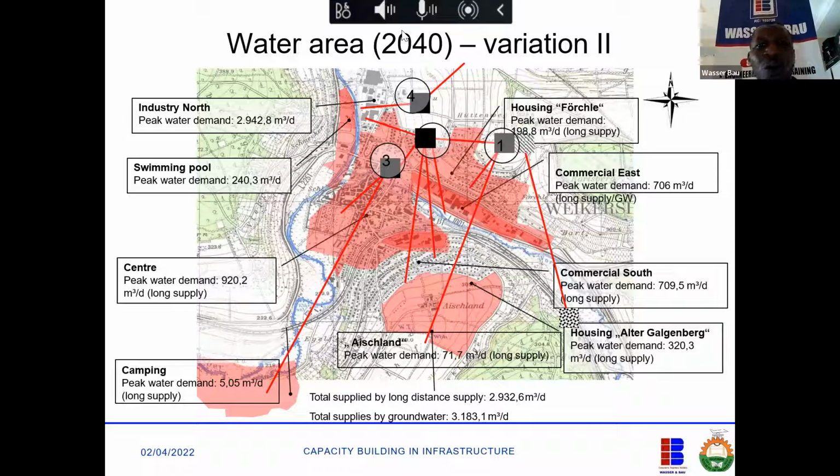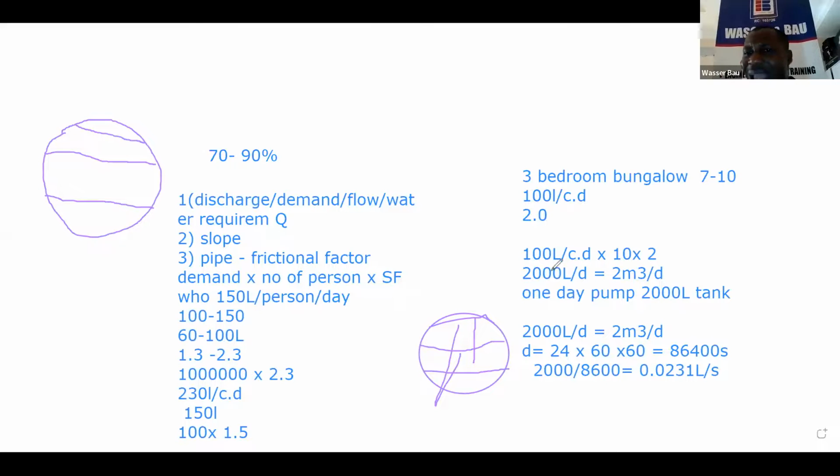And then you go to your pipe charts and you get it. That's exactly what I tried to do here. You can see how I converted it. At this point, I converted the liters per day into liters per second. So this is where you do it. So with this now, you can see that